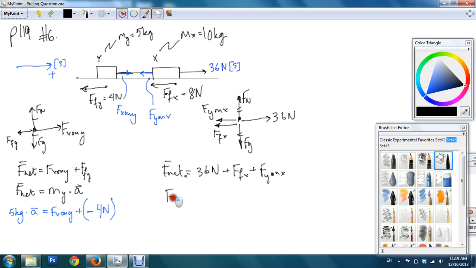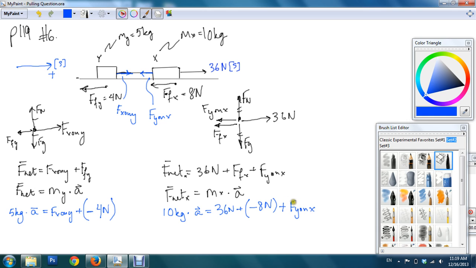Also, F net for X is the mass of X times the acceleration of X, which is the acceleration of the system. So equating, I know the mass times a is equal to all this, so m is 10 kilograms times the acceleration, and that equals 36 newtons, plus force of friction is negative 8 newtons, because it's 8 newtons in the negative direction, plus